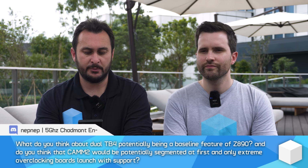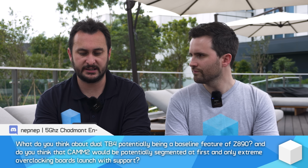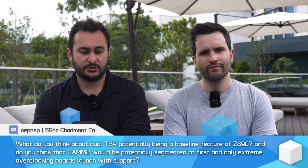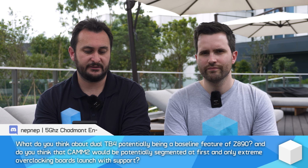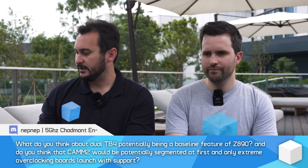All right, next one here. What do you think about the dual Thunderbolt 4 support potentially being a baseline feature of Z890? And do you think that CAMM2 would be potentially segmented at first and only the overclocking boards would get support? So, don't have too much to say about the Thunderbolt 4 support because it's not something I use, but